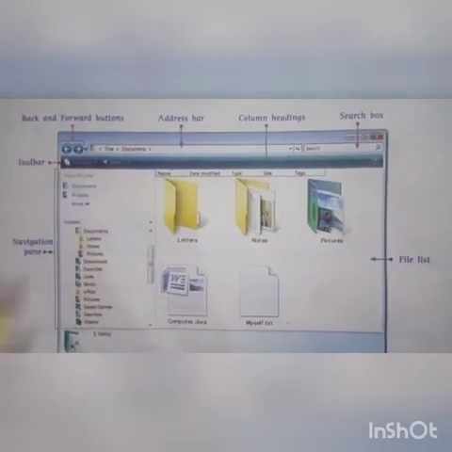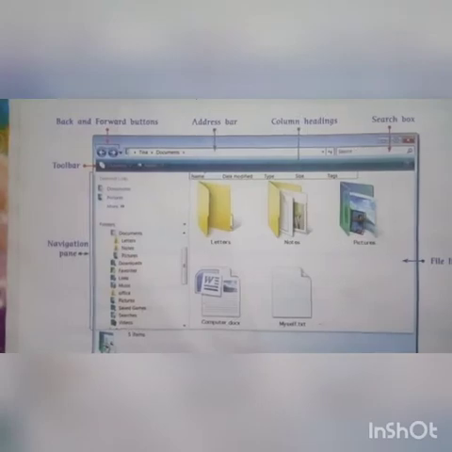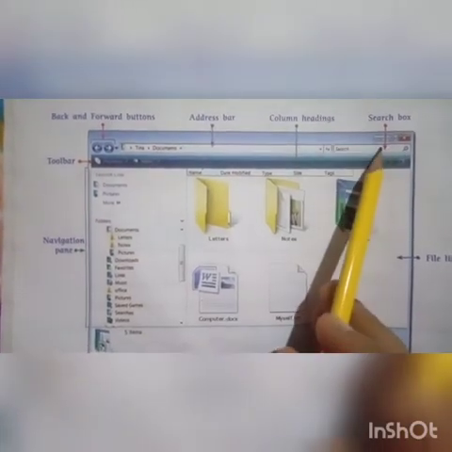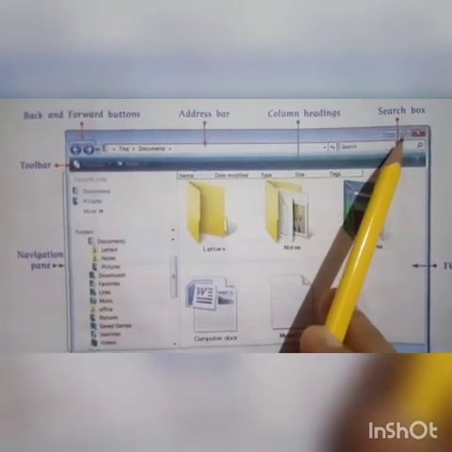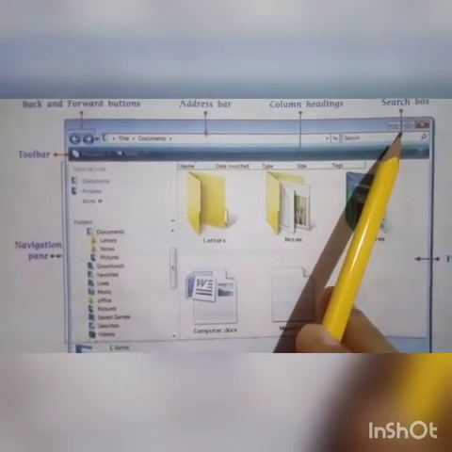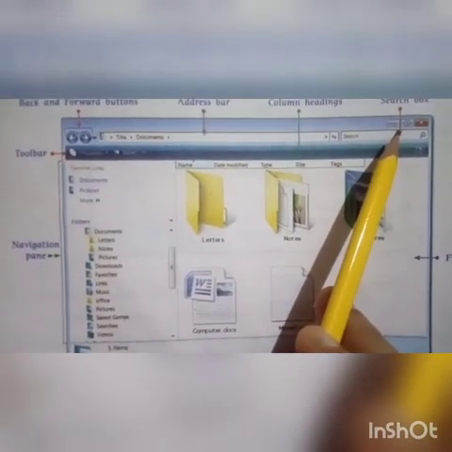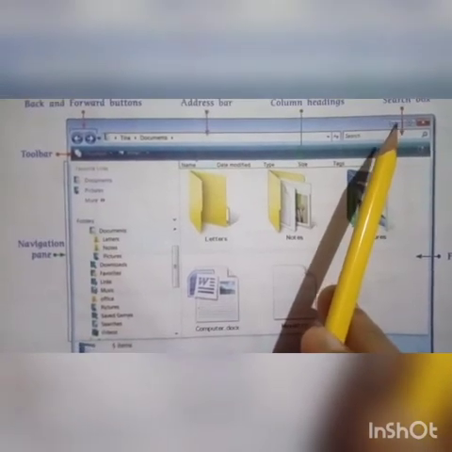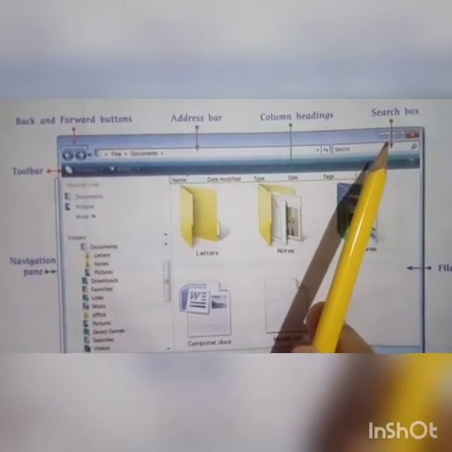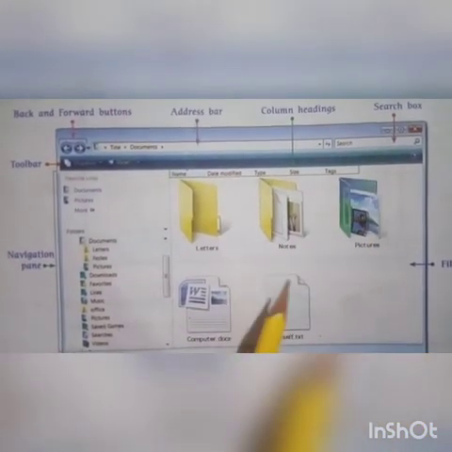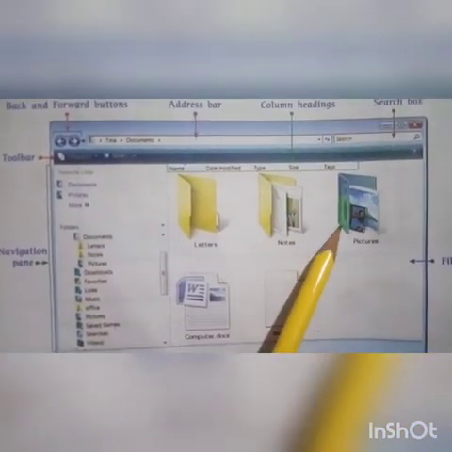Next one is the search box. You can see the search box here. This is the search box. You can use the instant search box to quickly locate or search for folders and files stored in the current folder. Suppose you have opened a pictures folder.